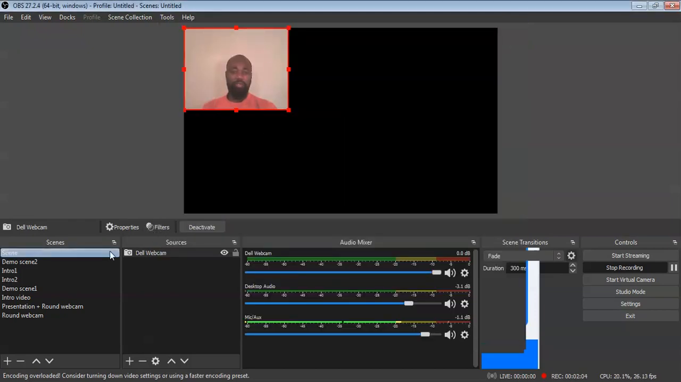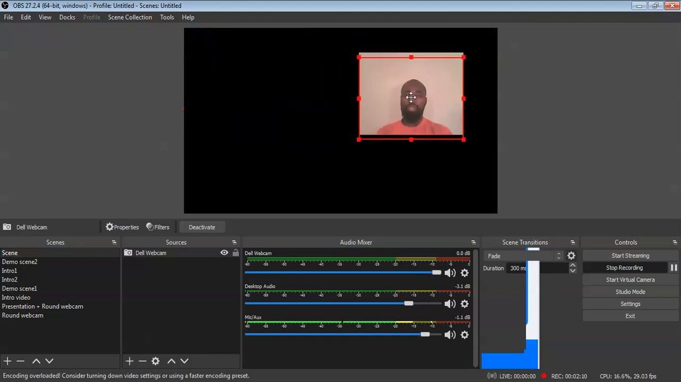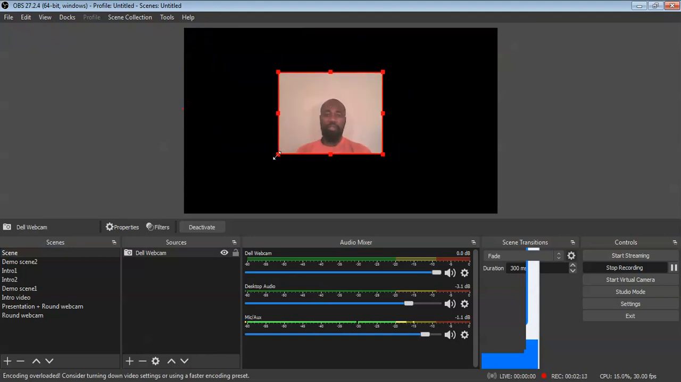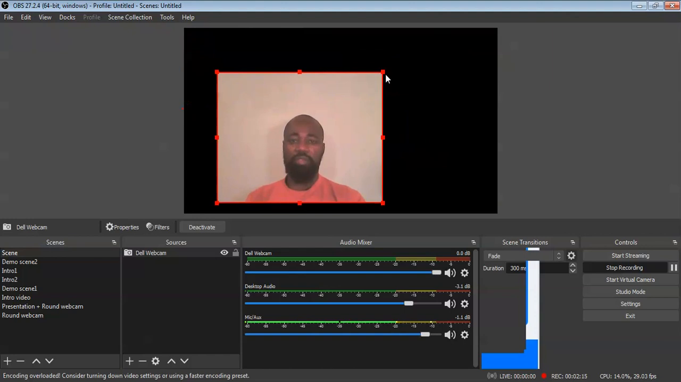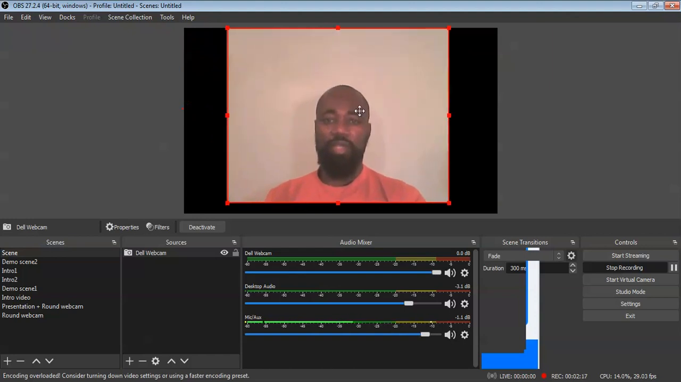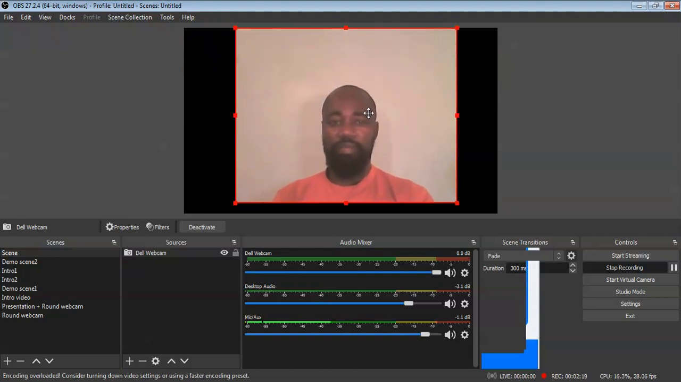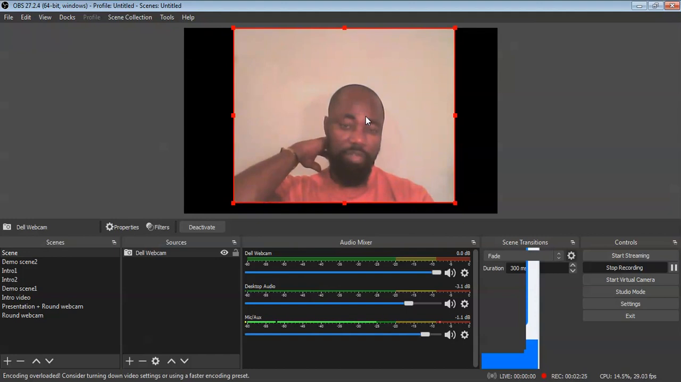Now my camera has been added to scene one, and the camera name is the webcam. So I can move it anywhere in this screen. If I want to make it big, all I need to do is just click and drag, and that's it. There's a powerful command you can use